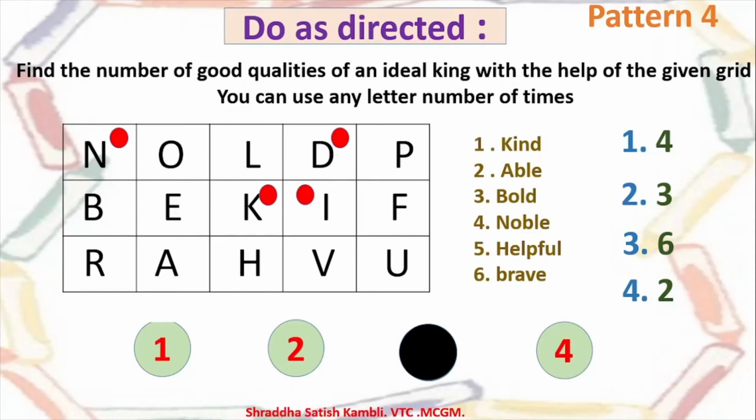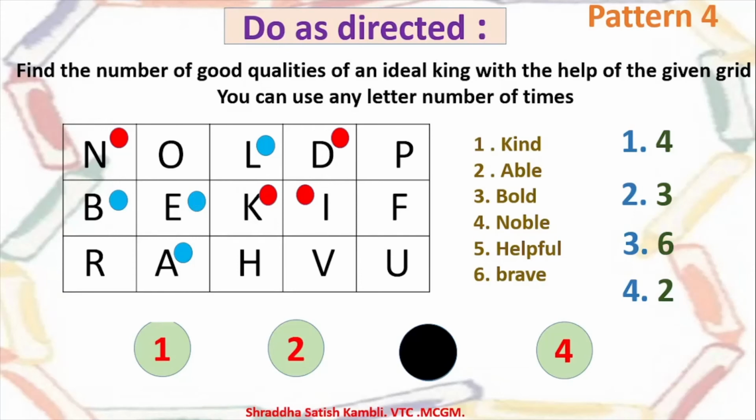You cannot say it is horizontal. You cannot say it is vertical. It is not even adjacent to each other. Okay, let's see one more word, able. So let's see where able is. Here is A, here is B, L and E, able.